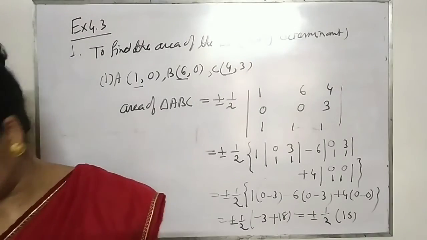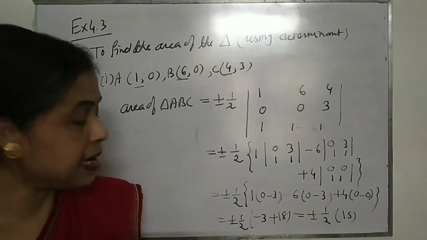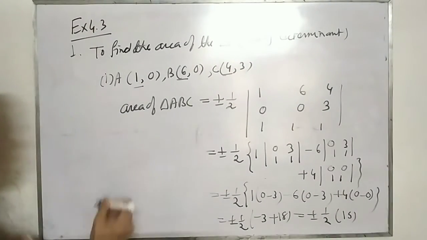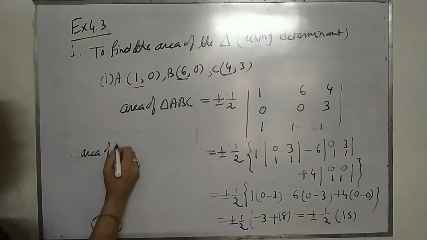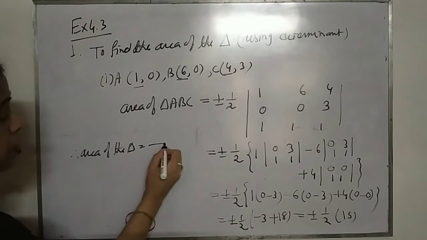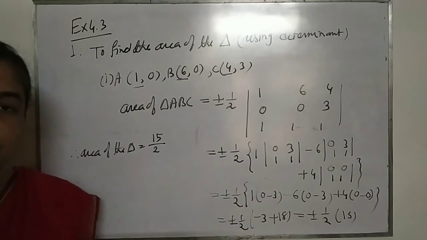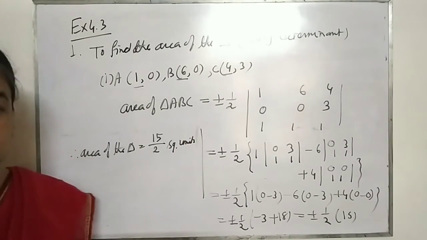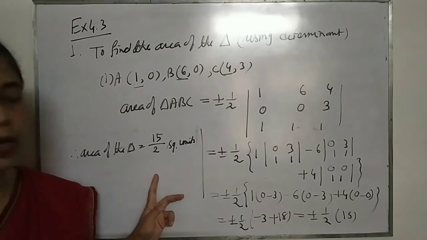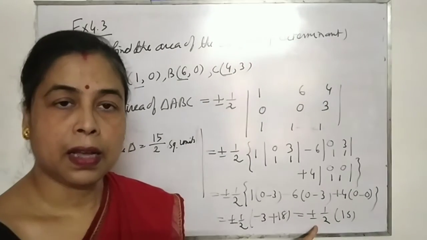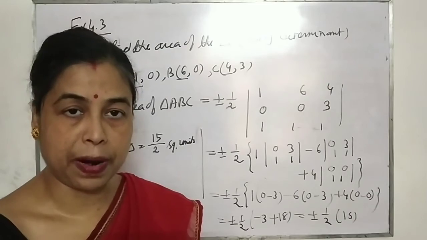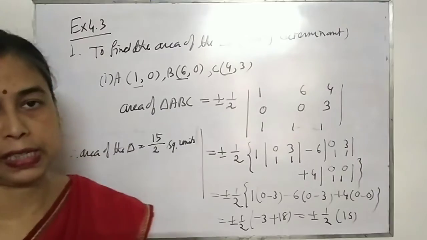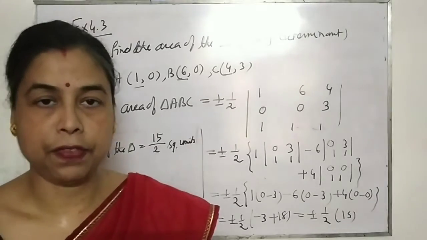When you write the answer, if you get negative you may get negative, but here I have got positive. So lastly write down the area like this. Therefore, area of the triangle is equal to 15 by 2 square units. When you write the answer, you don't have to give this plus minus sign. This plus minus sign is considered because if you get a negative number, the result is negative. To get positive, we use the plus minus sign here because area cannot be negative.